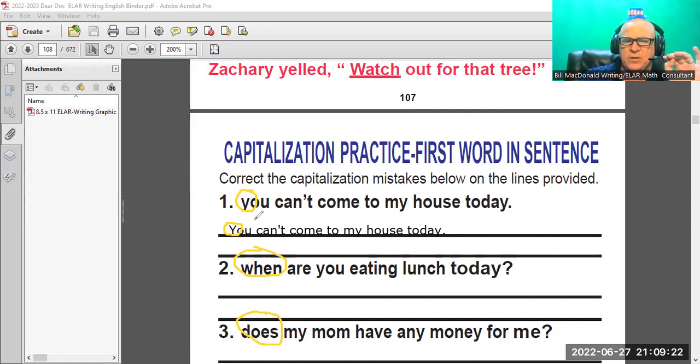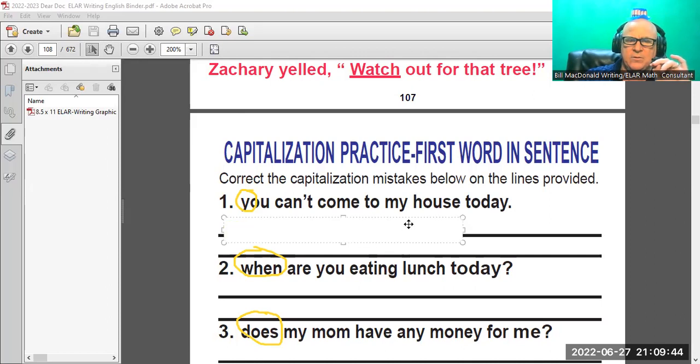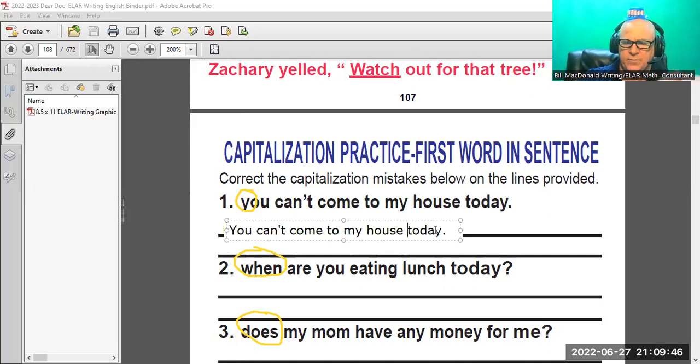And a lot of students who are writing with paper and pencil do this. Let me show you. They put their Y's, let me select this sentence that I already did. There we go. Okay, let me show you what happens with a lot of kids.